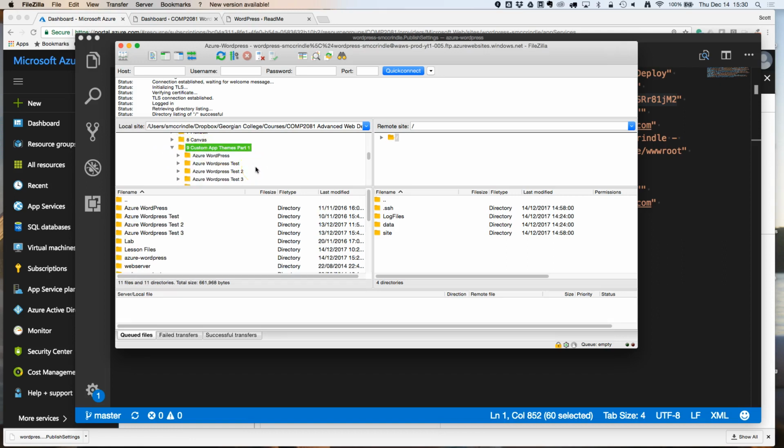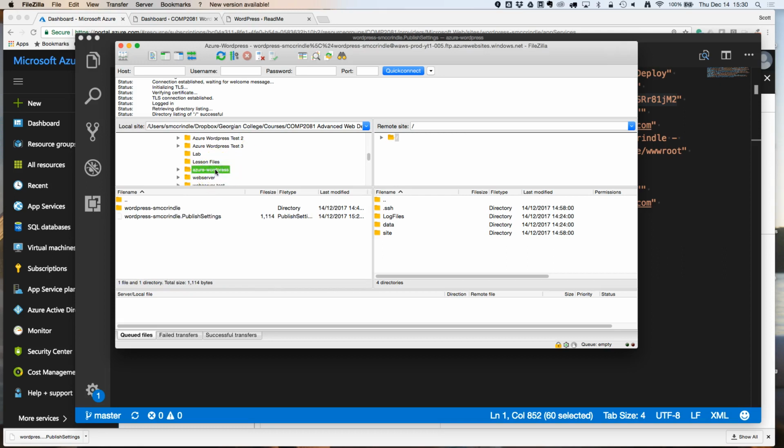In here I want, what did I call it? Azure-WordPress? Right? And then when you connect to this, you can pull it down there. So go into site, go into wwwroot,